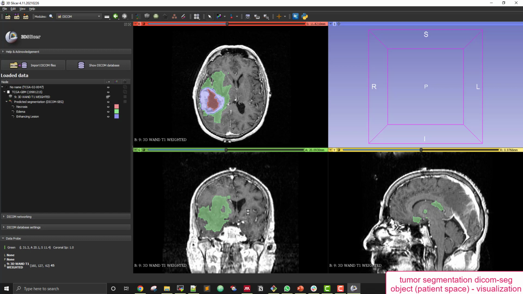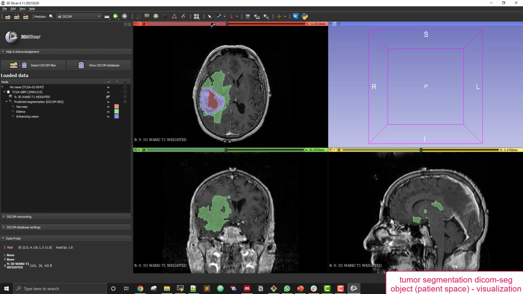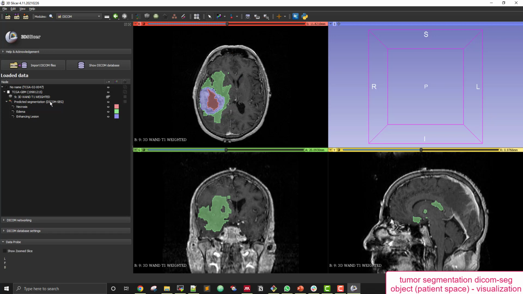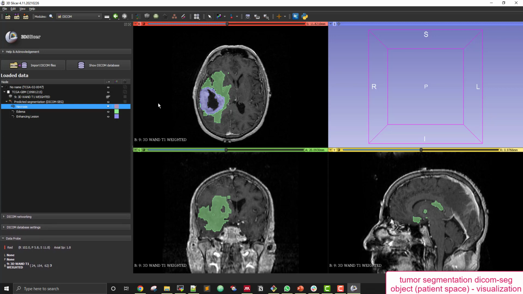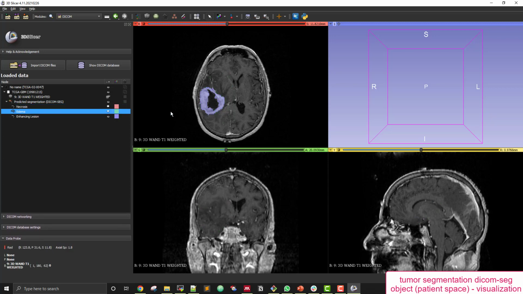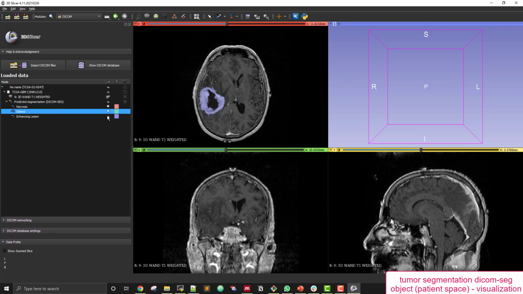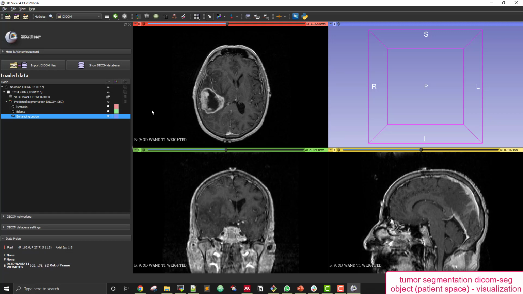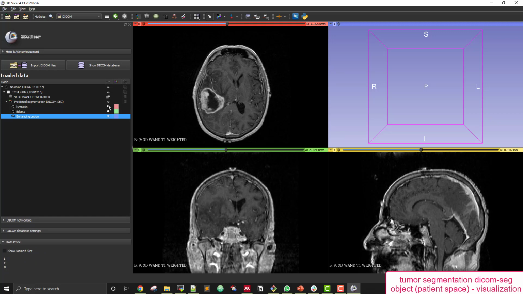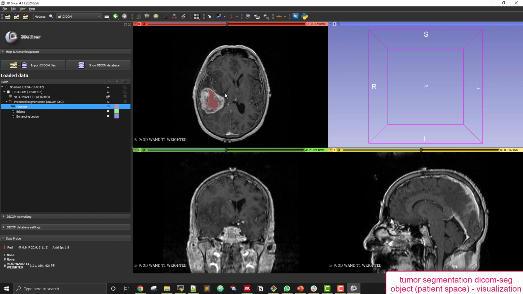So this is the final tumor mask in DICOM segmentation object format, overlaid on the reference scan, that is series 9, the T1 post contrast scan, and it shows these three different tumor compartments of necrotic core, edema, and the enhancing part of the lesion. You can turn these individually on and off using this feature of 3D Slicer and look at these tumor compartments.